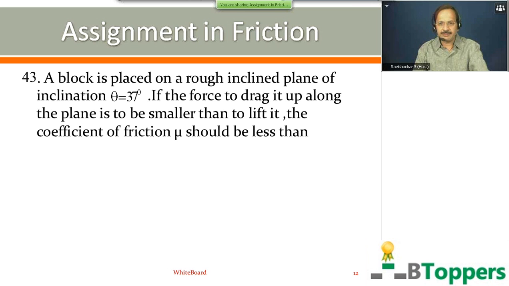A block is placed on a rough inclined plane of inclination theta equal to 37 degrees. The force to drag it up along the plane is to be smaller than that to lift it. The coefficient of friction mu should be less than what? As I discussed earlier in the special cases